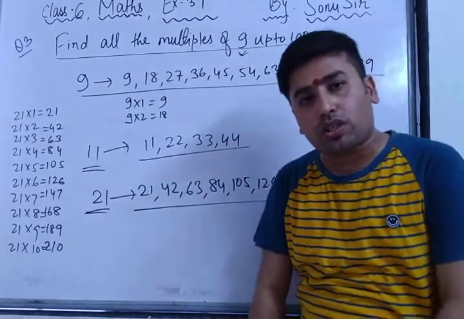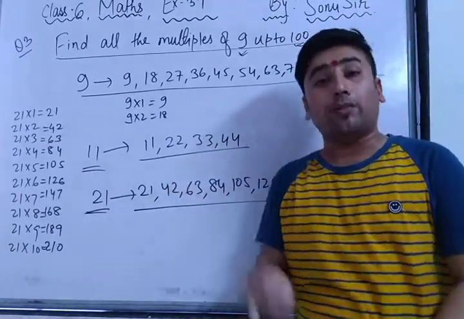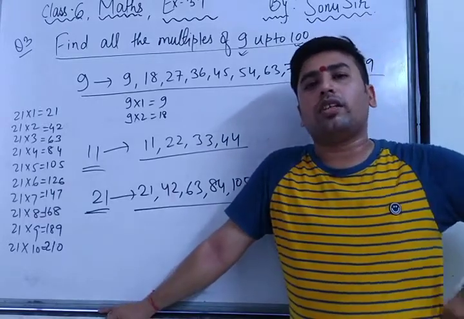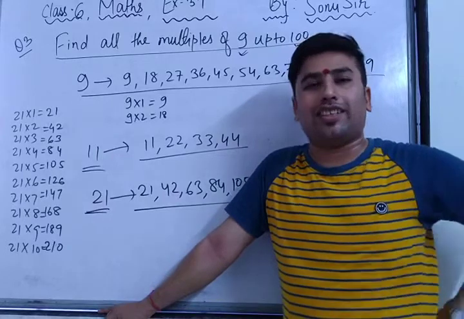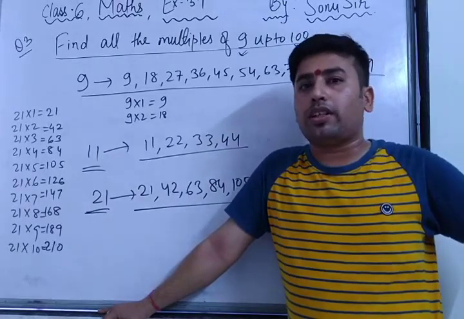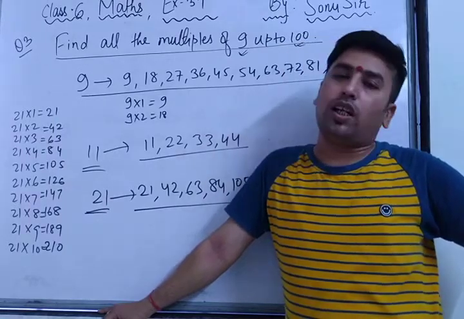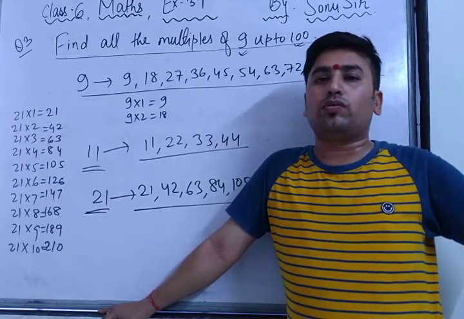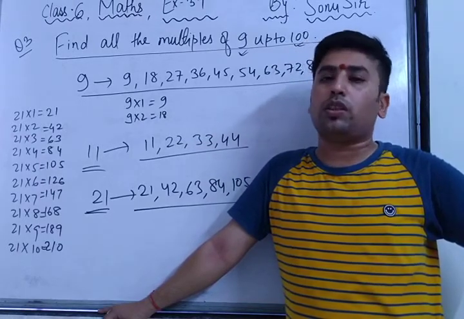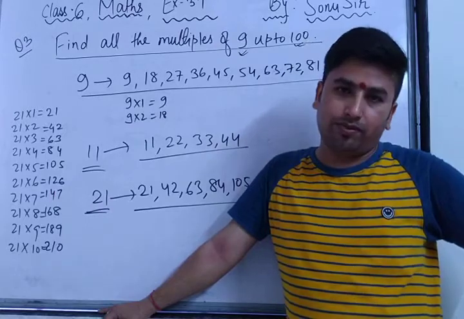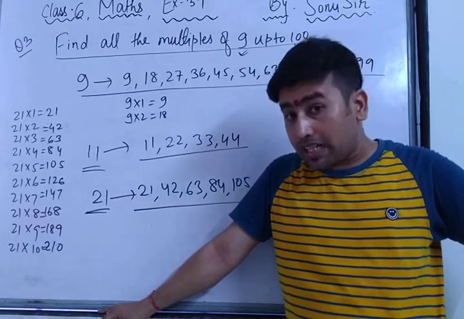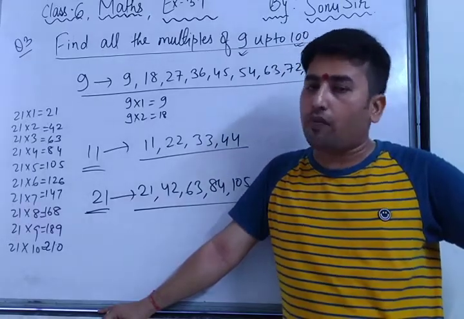Similarly, if you get any question related to multiples, for example, if I tell you to write the multiples of 1 up to 100, then write 1 to 100 directly. Got it? If I tell you to write the multiples of 2 up to 100, then you have to continue the 2 table till 100. Okay? 2, 4, 6, 8, 10, 12, 14, and so on, 22, 24, 26, meaning all the even numbers up to 100. Got it? So you can understand how to find the multiples of any number up to any limit.